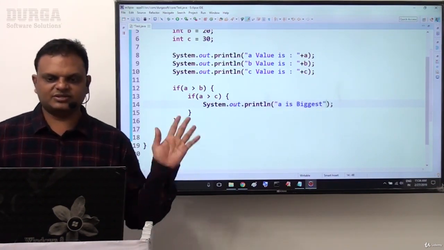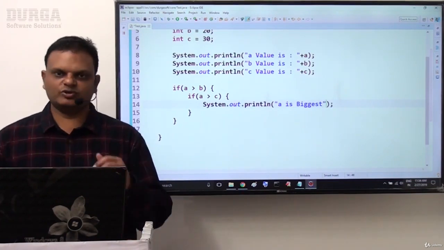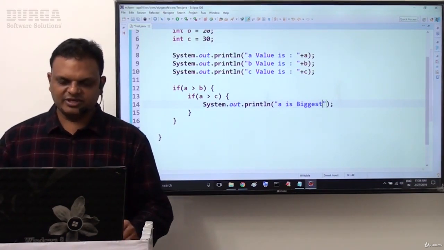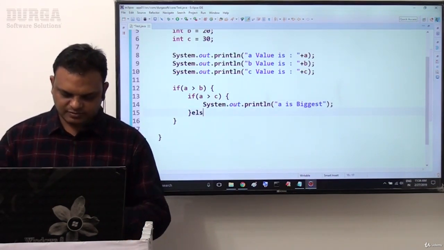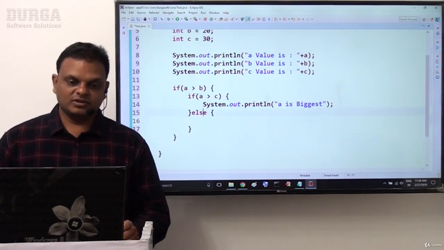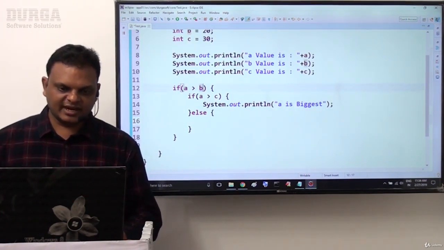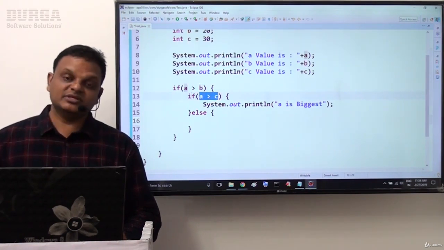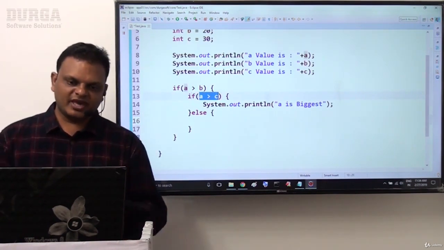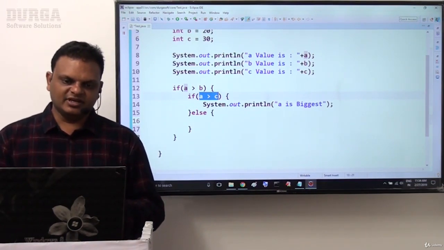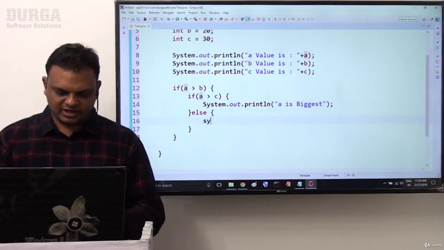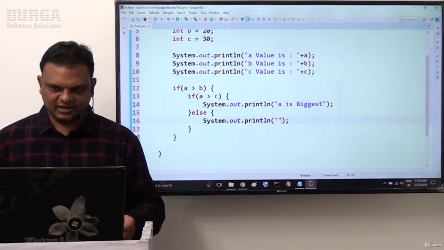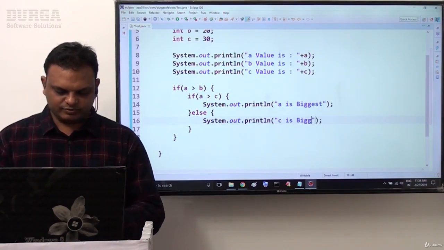System.out.println of a is biggest. A is biggest. That's it. Its value also here we can display directly, though anyway I already displayed the value there. For example, else part. Which one is the else part here now? A greater than b, that's fine, and a not greater than c, means that c is bigger now. If a is not greater than c, definitely c is bigger here now. So here we have to write the condition like which one? System.out.println of c is biggest now.